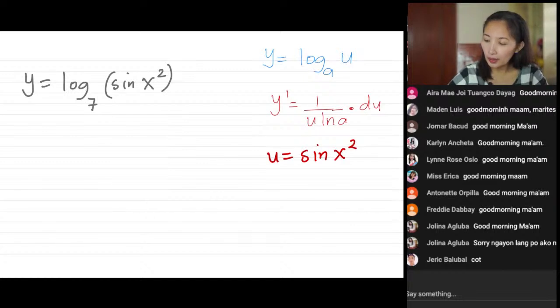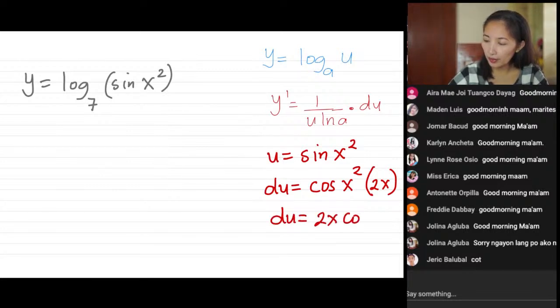So applying your trigonometric differentiation, the derivative of sine of x squared is cosine of x squared times the derivative of x squared, which is 2x. Or du is equal to 2x cosine of x squared. Okay, so applying this rule,